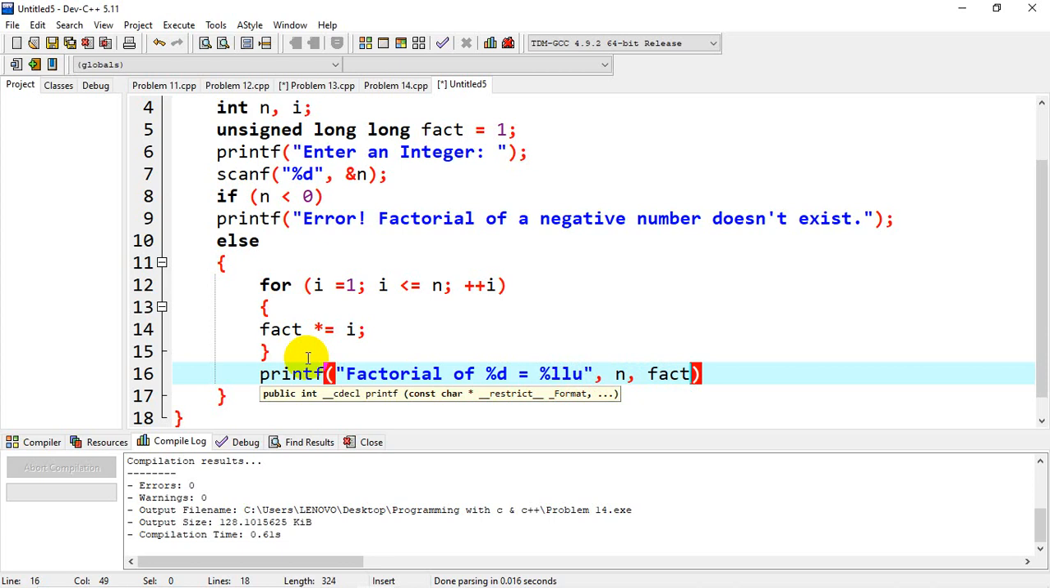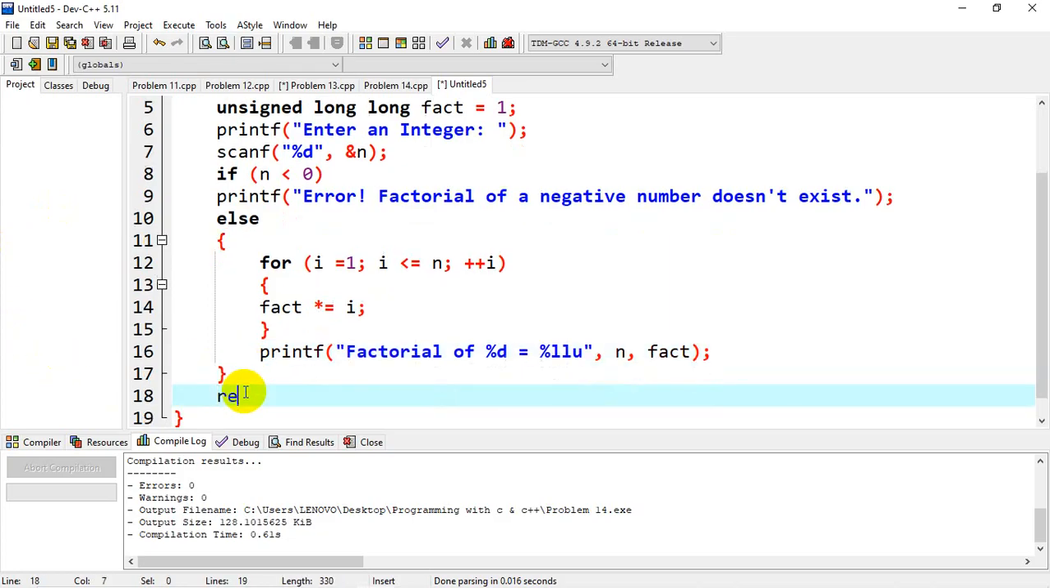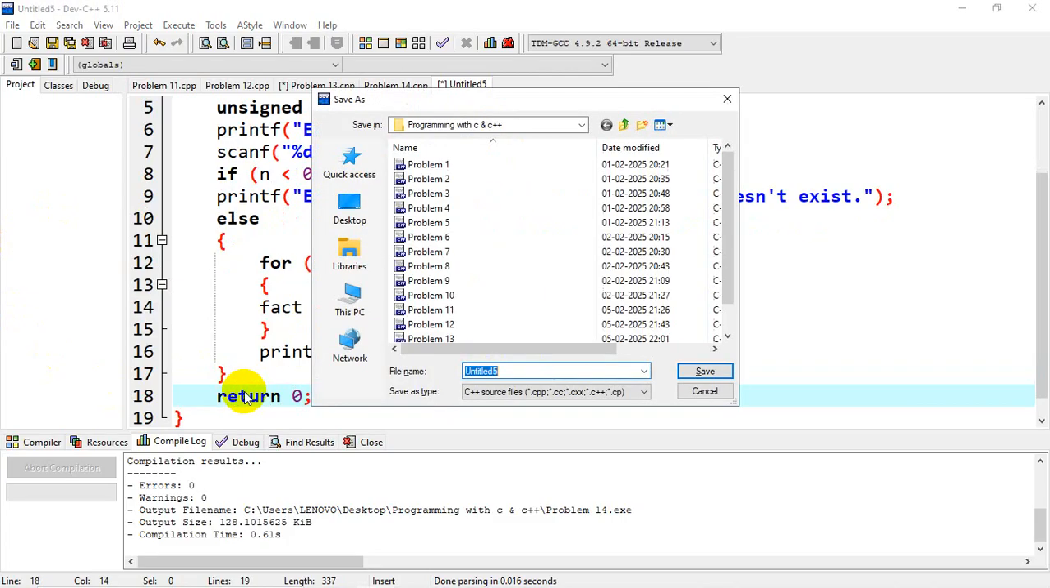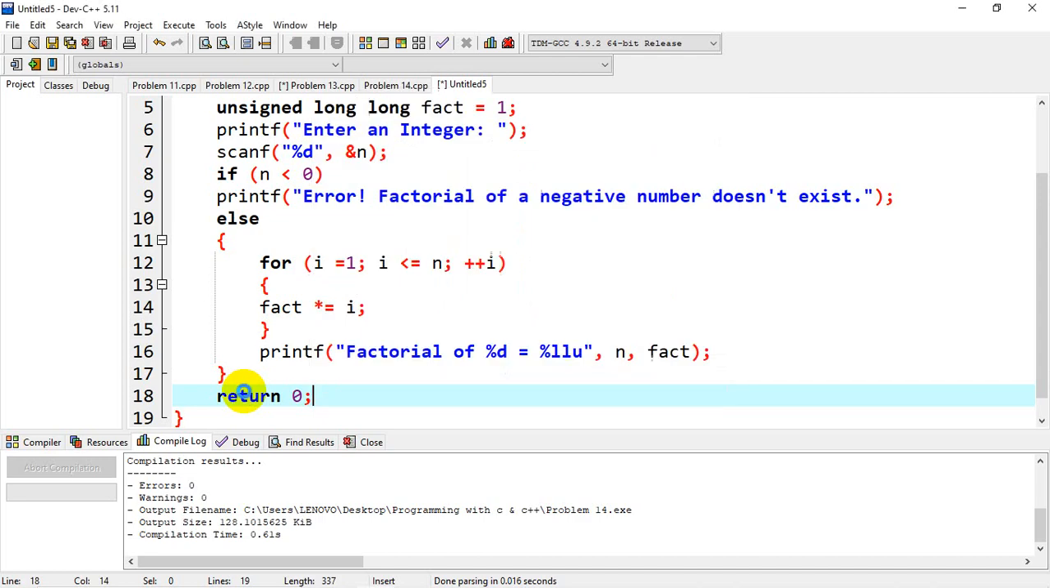These are the formula also you have to write. So n is a variable, fact, bracket close, it's already closed, and terminate. Okay, this is the thing. After this bracket you have to give return 0 for execution. Save this one as problem 15. Okay,